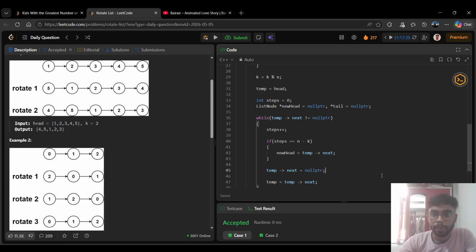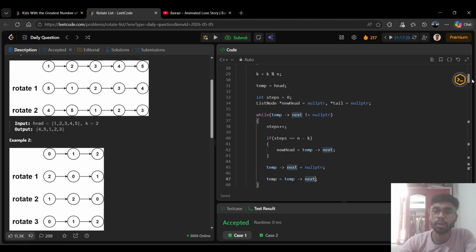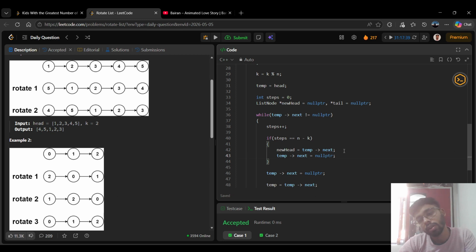Yeah, and temp next will be new head. This will be done here only. Temp next is equal to null, and temp is equal to new head,